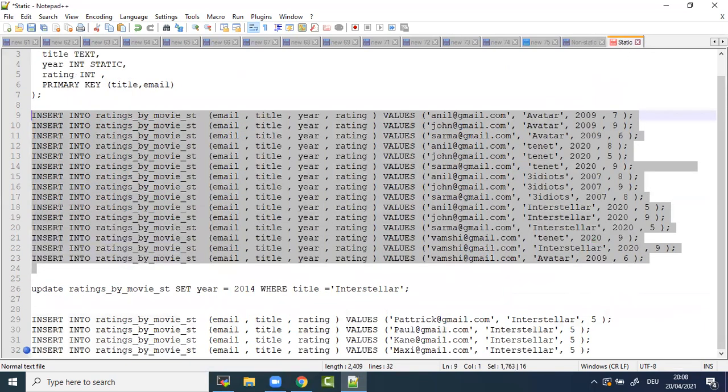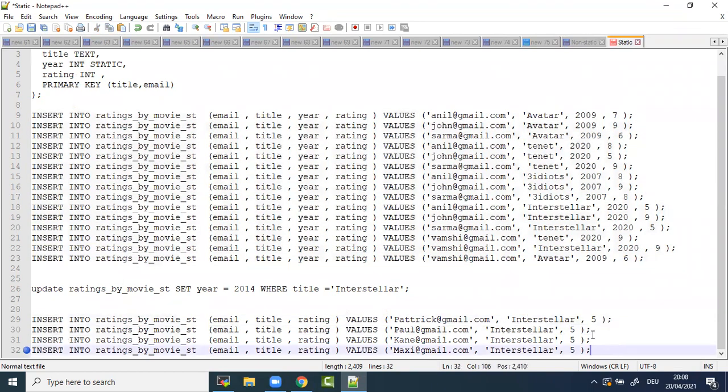Now with a static column, let's say the Interstellar movie is watched by 4 more people. Patrick gave rating 8, Paul gave rating 9, Kane and Maxi. Now you can see I'm not passing year anymore. I'm not repeating that number, because it gets stored automatically with the partition key.